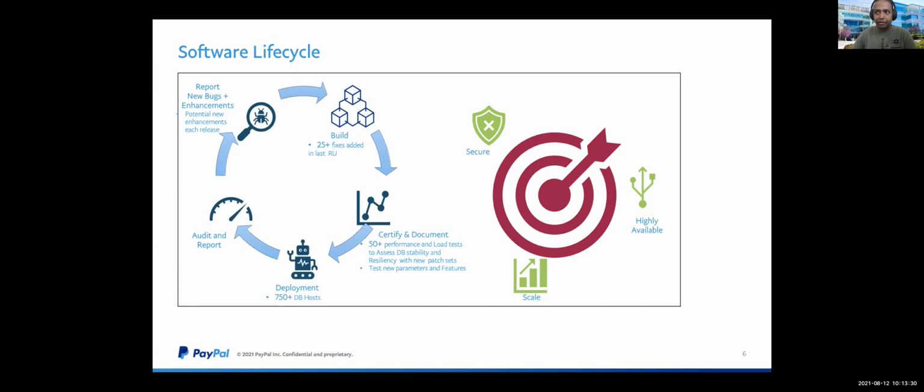For example, you get a new RU, and that RU might introduce some new regression fix, right? So we may need some regression patches to address them. As part of certifying the new patch set, we apply the MLR we got from Oracle, specific to us, in a test system. And then we run a lot of performance tests to test the resiliency on the database side, compute, storage, interconnect